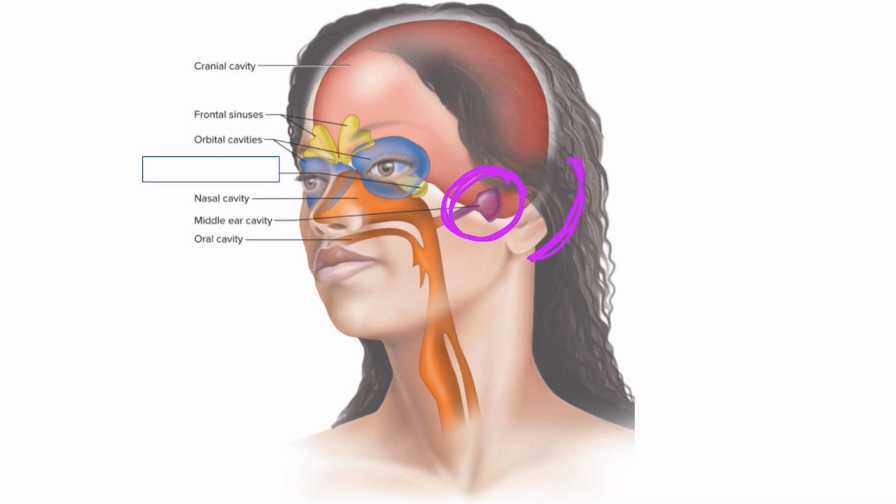In terms of the nasal cavity, it is composed of the frontal sinus, the sinus above your eyes, and then the sphenoidal sinus, which would be behind the nose and behind the eyeball area. Again, make sure to take note of these. So when we're thinking about the nasal cavity, we have two sinuses present: the frontal and the sphenoidal sinus.